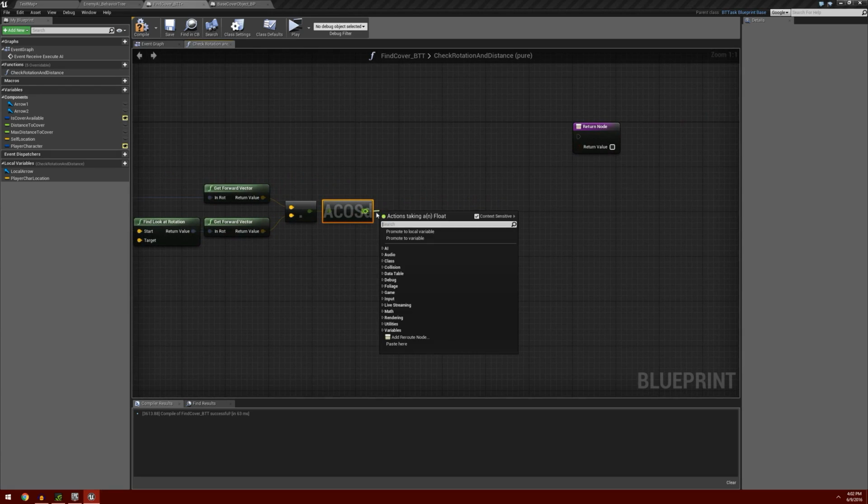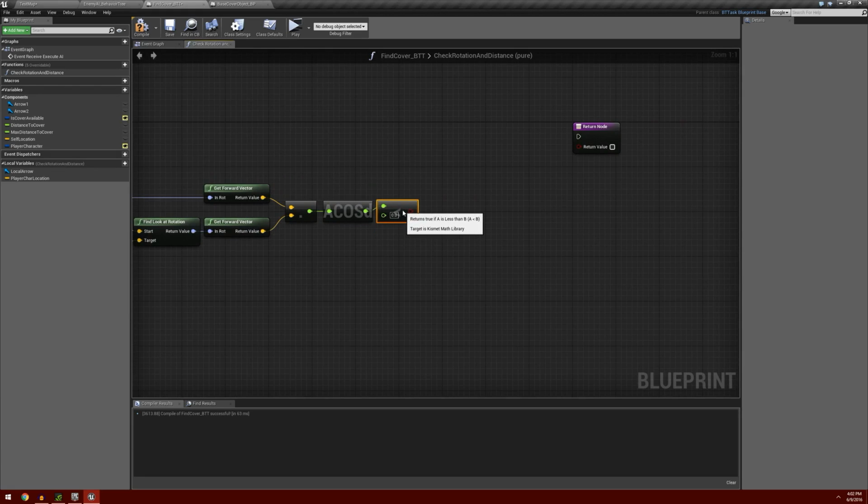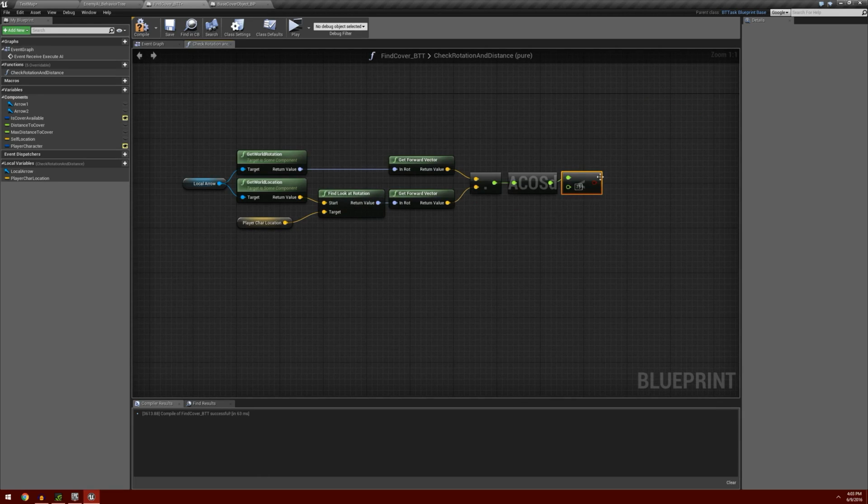So from our A cos D here, we're going to check less than, and we want to see if this is less than a certain value, if it's in this front forward arc. So I'm going to set this to 75, and this value is actually for the half angle, so this is going to look in its front 150 degree arc. We have a condition here that's going to tell us if this local arrow is facing in the general direction